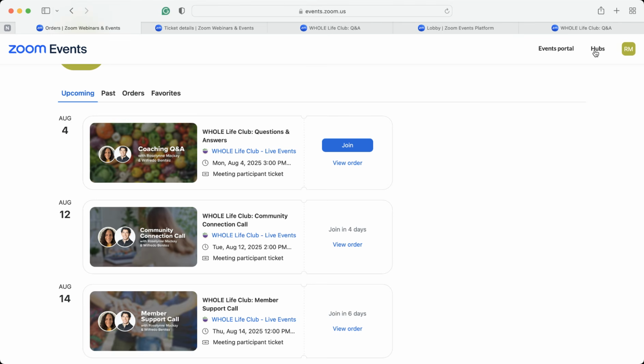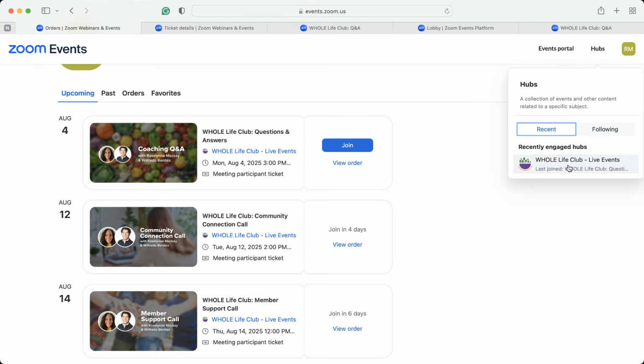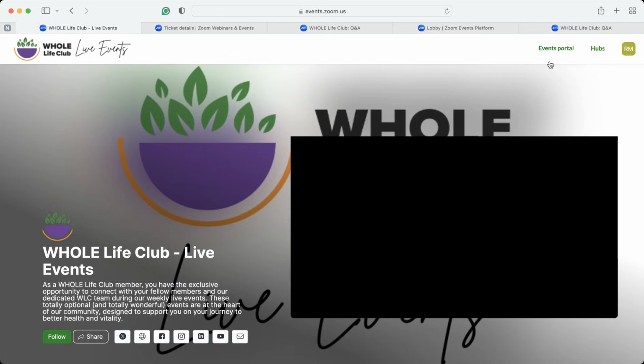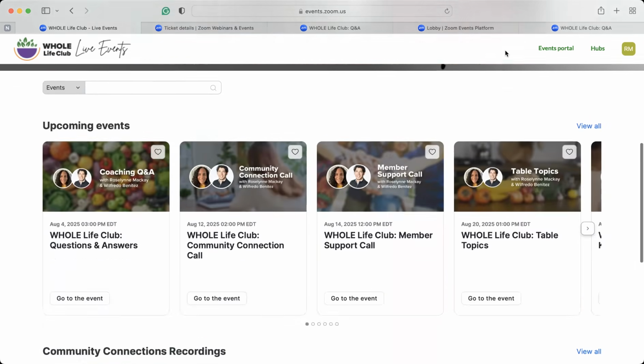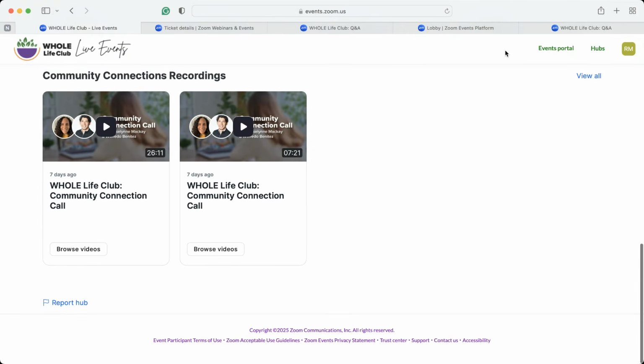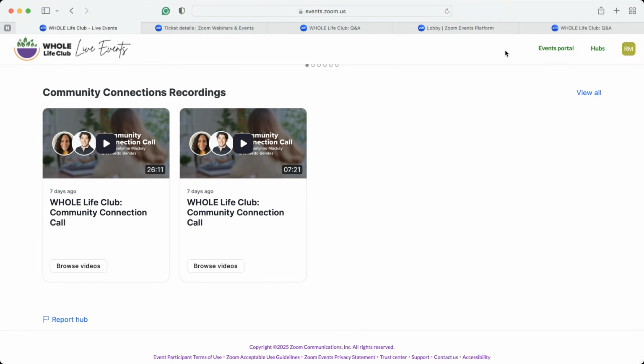Now, to get back to the main page, click Hubs and scroll down to where you see Whole Life Club live events. This is going to be helpful for the next feature in this hub, which is accessing the live event recordings. So once you have registered for your event and attended the event, we now have the ability to upload the recordings directly to this portal about 1 hour after the event concludes,